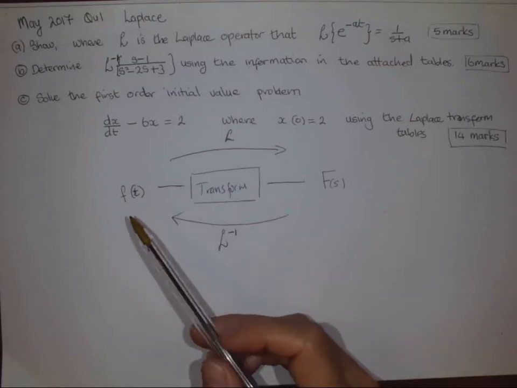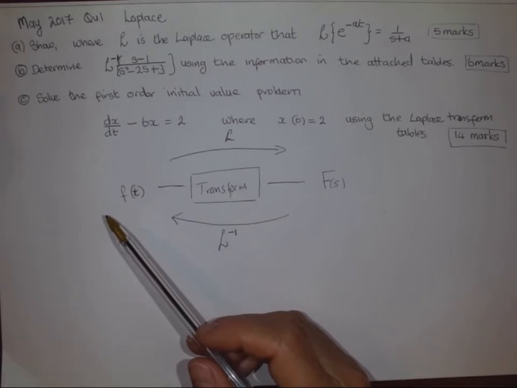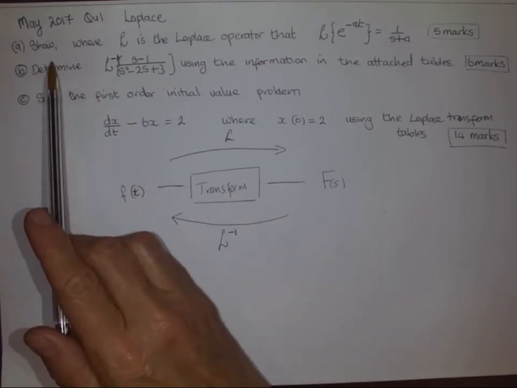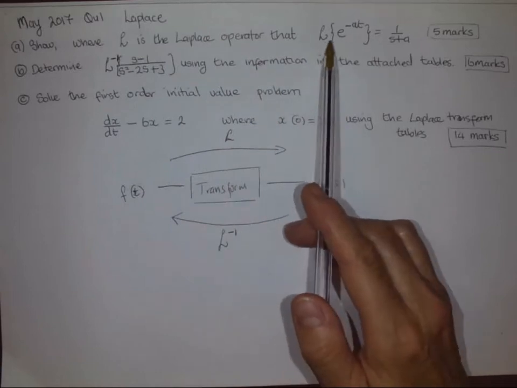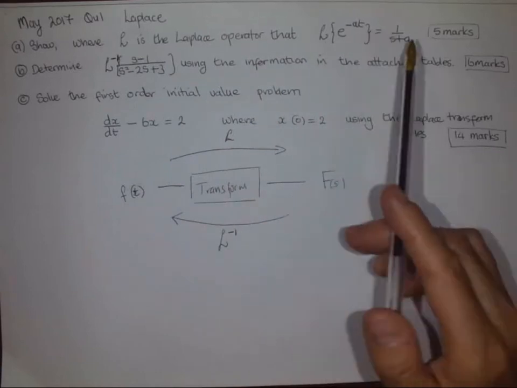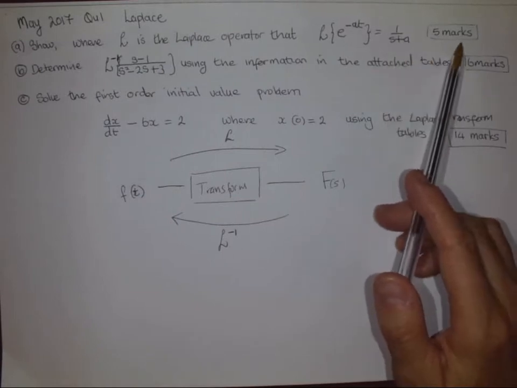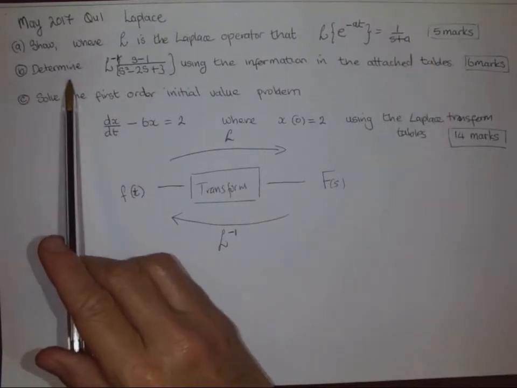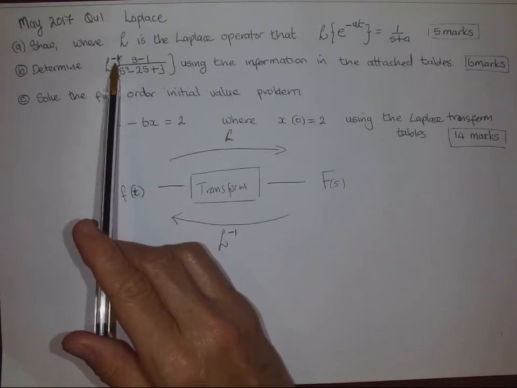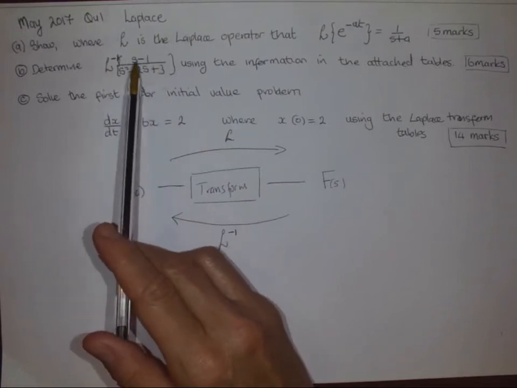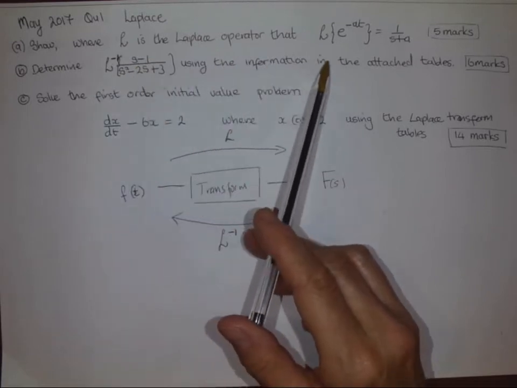Hello, this is a Laplace transform question from May 2017. It's in 3 parts. Part A: show, where L is the Laplace operator, that the Laplace transform of e to the minus at is equal to 1 over s plus a. That's worth 5 marks. Part B is determine the inverse Laplace transform, that's an L to the minus 1 there,